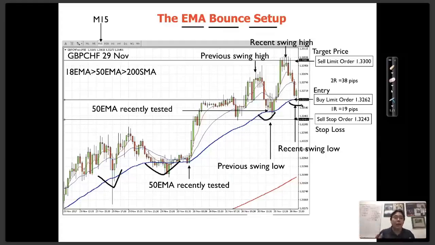So some people ask me, hey, how many times must it bounce for you to say it's a pattern? Well, just once. That's right. So as long as it hits the 50 once, bounces off, I'm looking to buy at the second bounce. Now for this particular trade I'm showing you, by the time I saw it, I had missed this. I was probably sleeping somewhere, right?